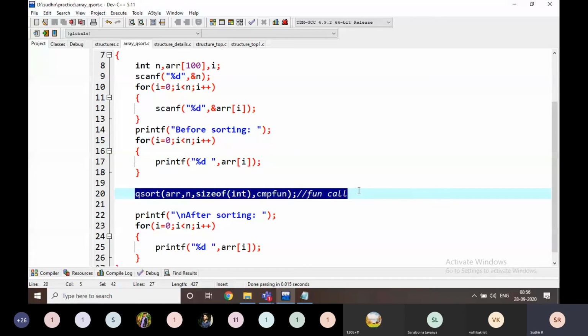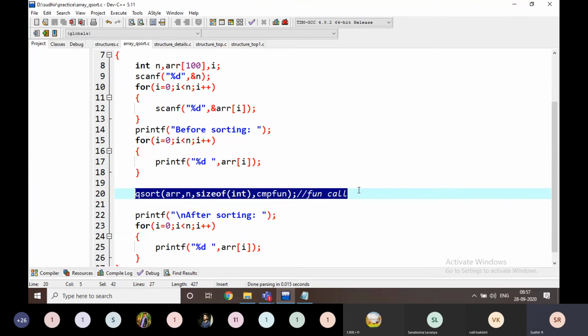This line, qsort of arr comma n comma sizeof int comma function name.